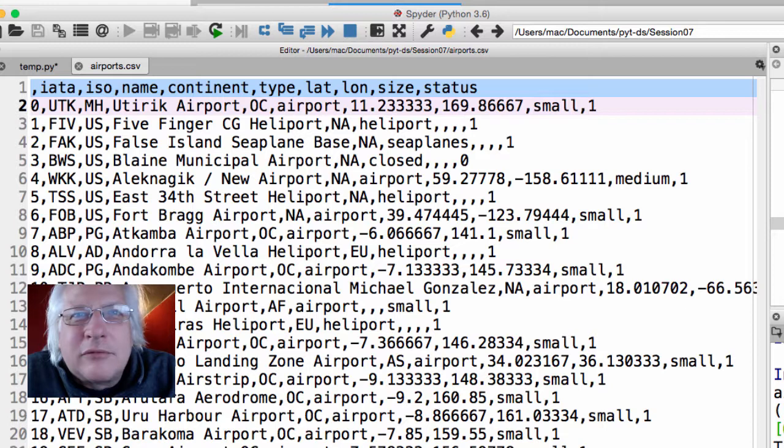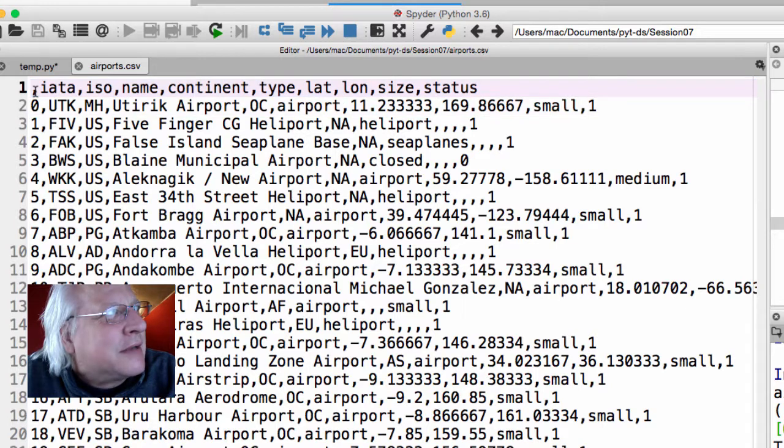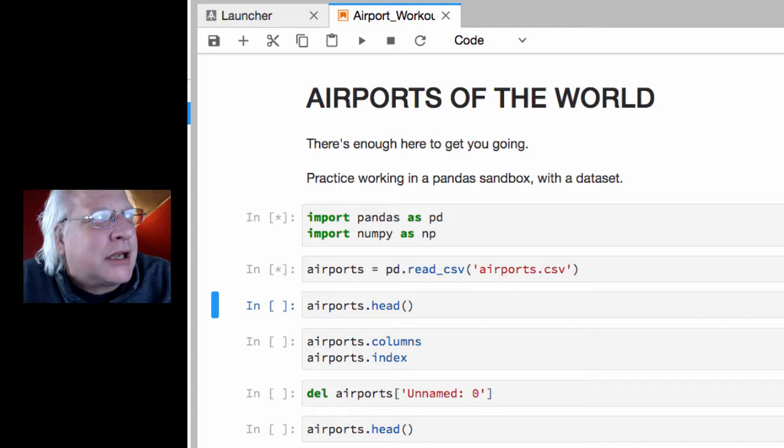And it provides on its own this kind of numeric sequence going down the side. So not all data sets are going to bother to enumerate themselves for your benefit. This one does, but it doesn't give a column name. It doesn't call it anything like index. It just has a comma there, which, as we're going to see, is a little bit quirky and is going to be a little bit confusing to pandas, but pandas is going to handle it okay